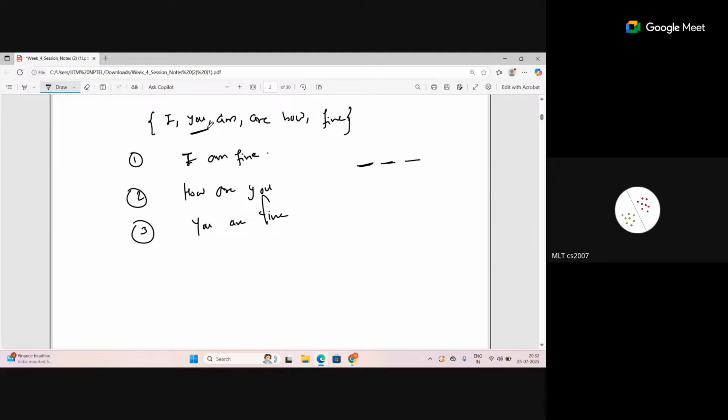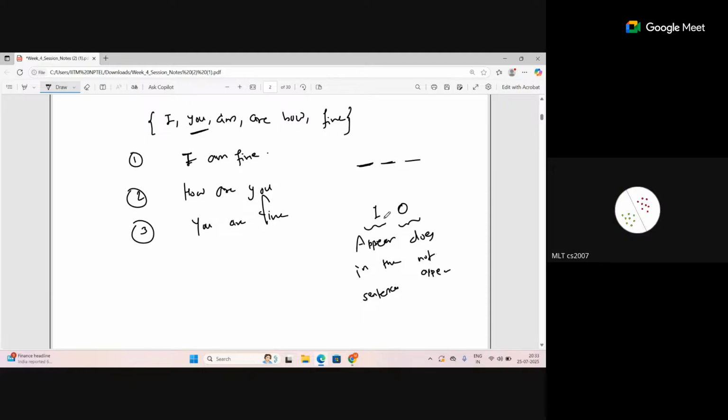So what I'm saying is that each word will have its own coin, and it will either appear or it will not appear. If that word appears in the sentence, then I will say it is one. And if it does not appear, then we'll say it is zero. Is that fine? Is that okay?